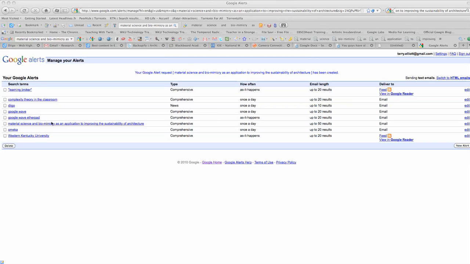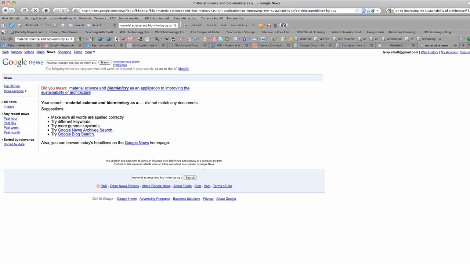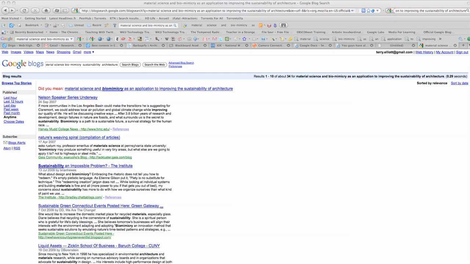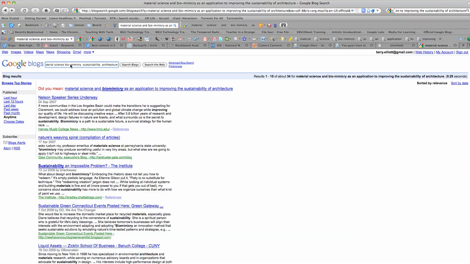You'll notice here that I've created the alert. There it is right there. It's comprehensive. When I click on it, there's nothing in it right now, but that's normal. Another thing you might do is to reduce the numbers to make your search keywords better. I just got rid of a bunch of things in there. All that's left is material science, biomimicry, sustainable architecture, and I'm finding out that biomimicry is not hyphenated as often as not. So I'm just going to click